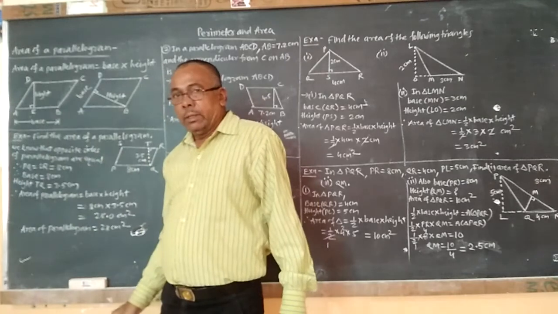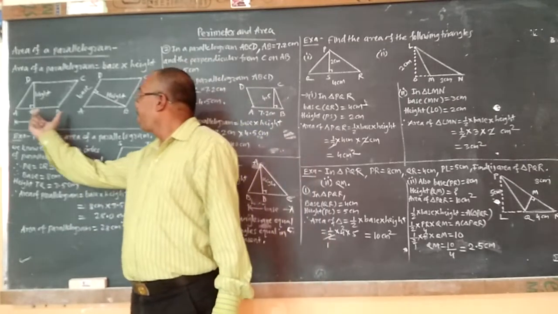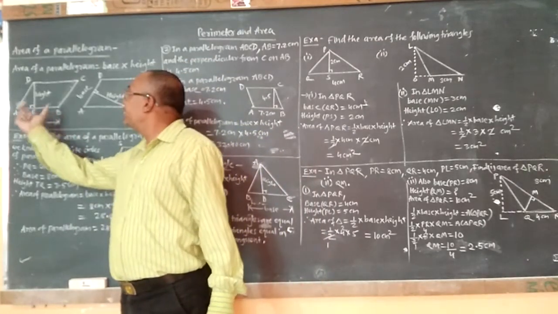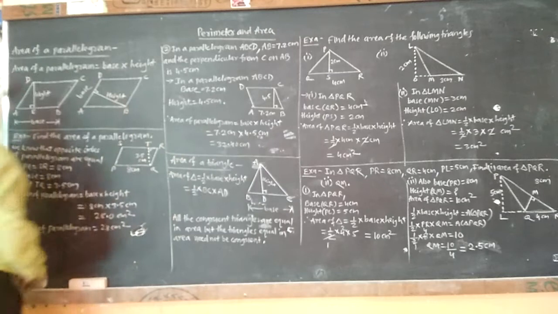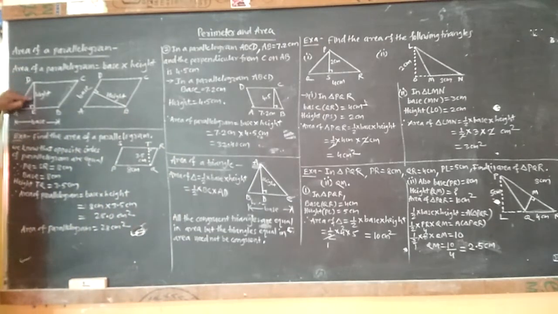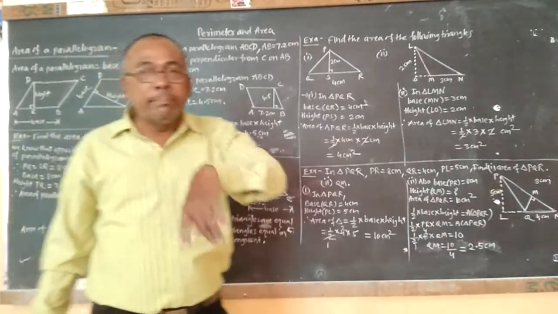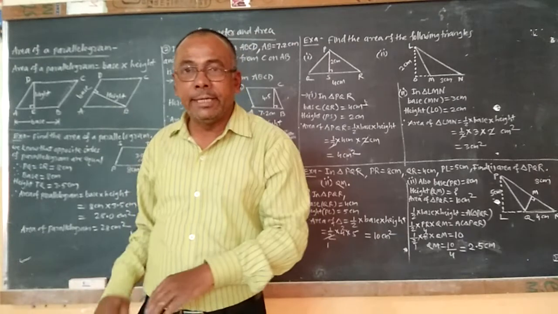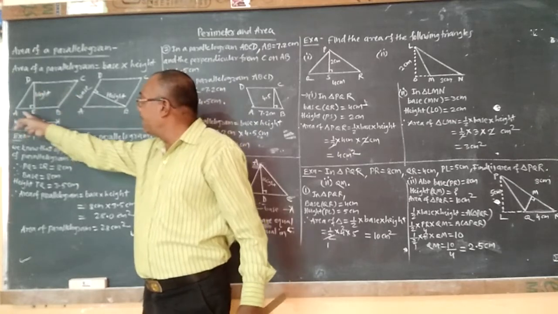We know that the opposite sides of a parallelogram are equal. Means if AB is 5 cm, then BC is also 5 cm. And through the vertex D, the perpendicular is drawn on AB. The line segment which intersects the opposite side at 90 degrees is called the height, and the side it meets is the base. So here DE is the height and AB is the base.